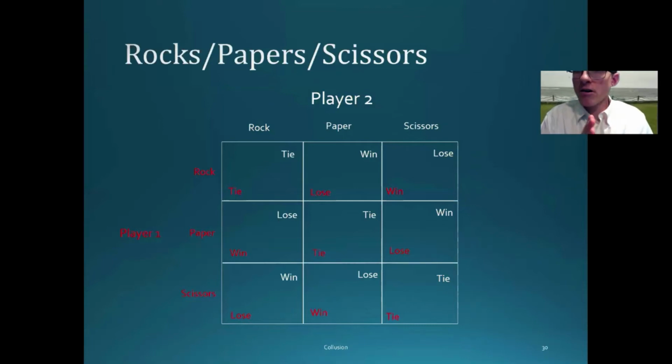Let's now talk about mixed strategies. What we've been looking for so far is a pure strategies Nash equilibrium, where your strategy is actually a certain choice, like in this game, either rock or paper or scissors. Now, in games like this, if you go through it, you can see that there is no pure Nash